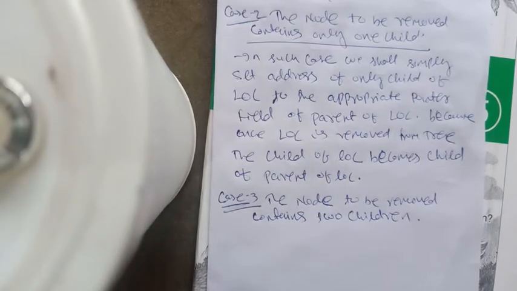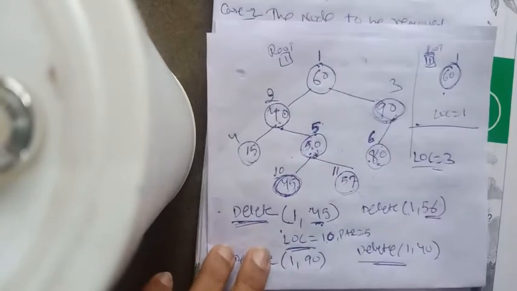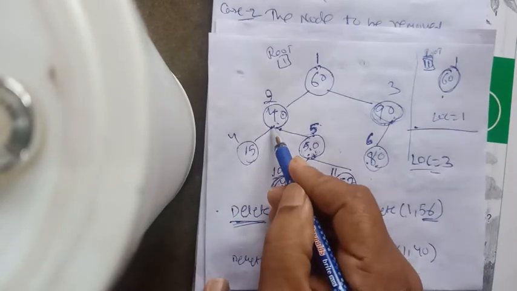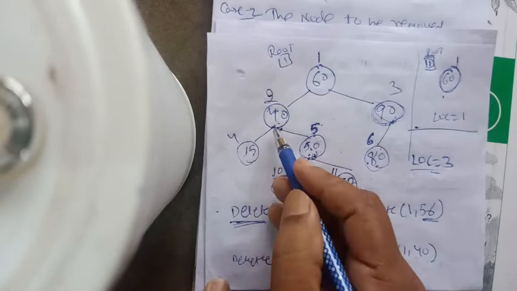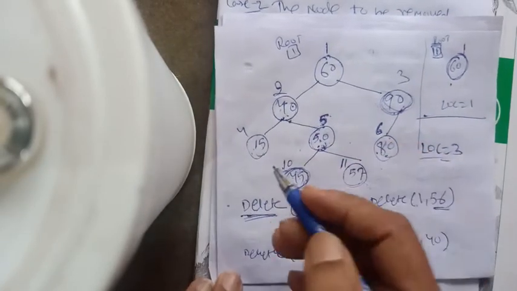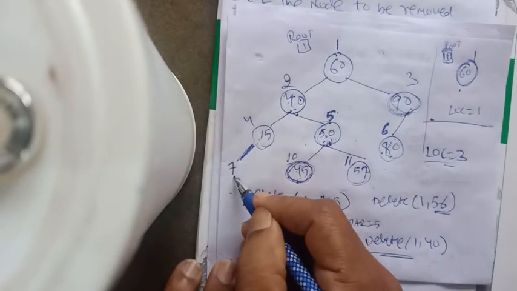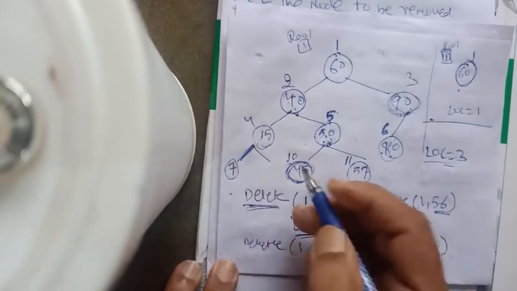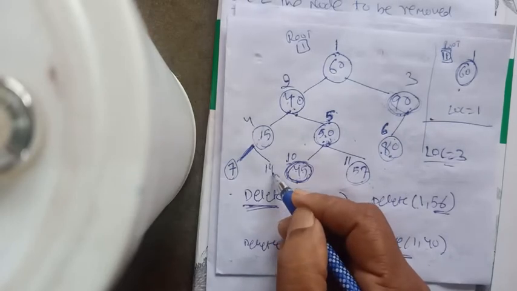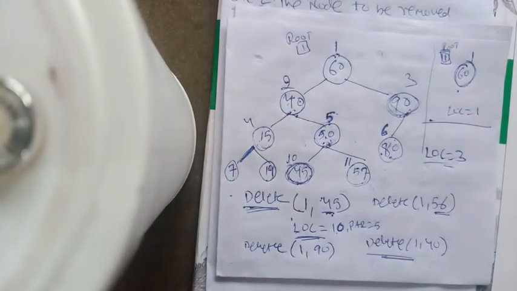Now in such a case, what happens? Let us examine. Suppose we want to delete 40. Now 40 has both children. It has 15, as well as another child called 50. Let us assume that 15 has some other nodes also. Let's say 15 has a child, say 7, and another node, let's say 19, and so on. Now suppose we want to remove 40, then what shall we do?